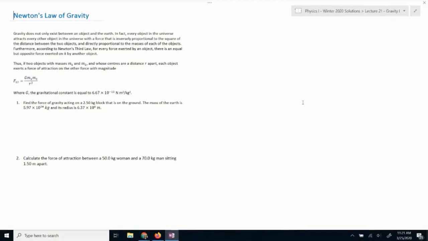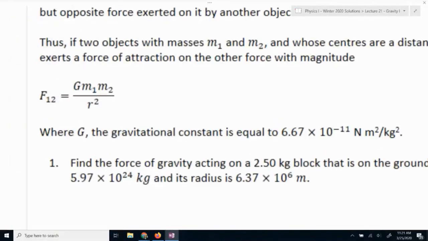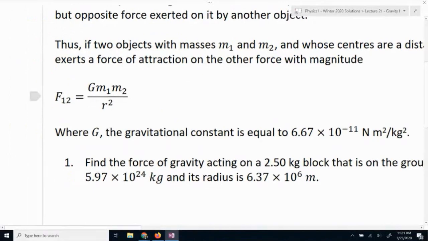If we have these two objects, they each have to exert a force of attraction on one another. And the magnitude of that force we call the force of 1 on 2. So when we see F12, that means the force that object 1 exerts on object 2